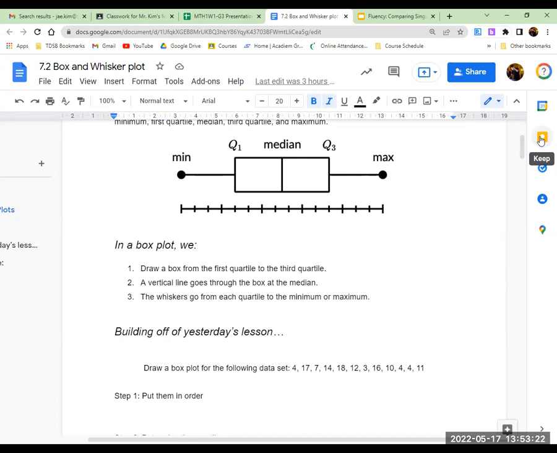Q3 holds the third quarter of your data, and the last whisker holds the highest 25% of your data. In short, half of your data, you'll find it here. The lower quarter, lower piece is found on this end, and the highest piece is found on this end, which